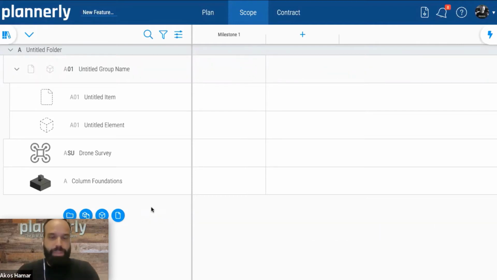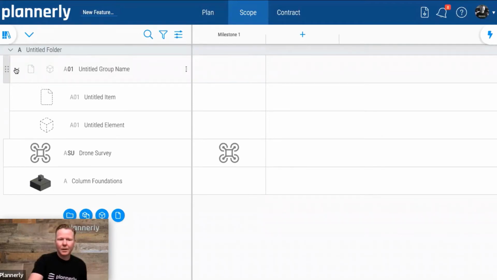Planoly is the BIM management platform, but there are so many things which are happening outside of modeling. That's something that we also can now manage and control here. So bringing in items, those would be things without 3D geometry. So we wouldn't want to necessarily define progression, define the appearance and all those geometrical details. But now we can also request them and track the completion of these items. So it's really an important addition to the scope module.